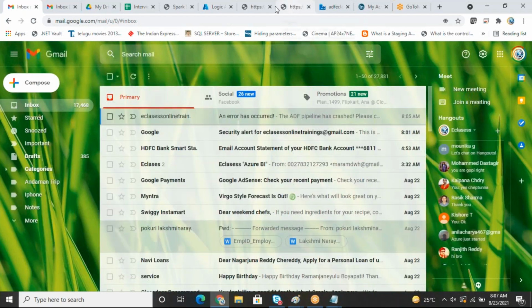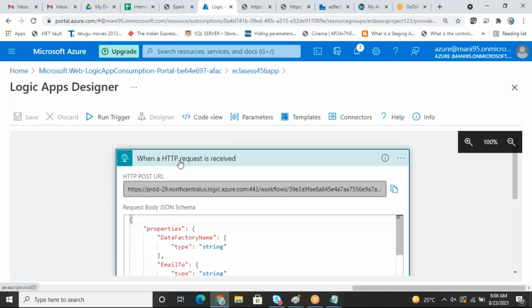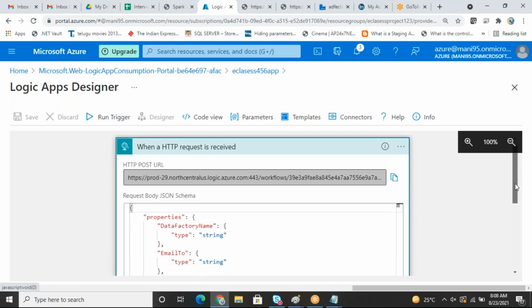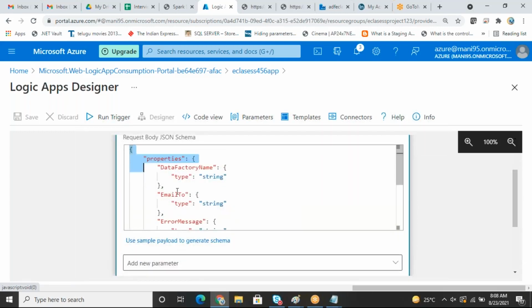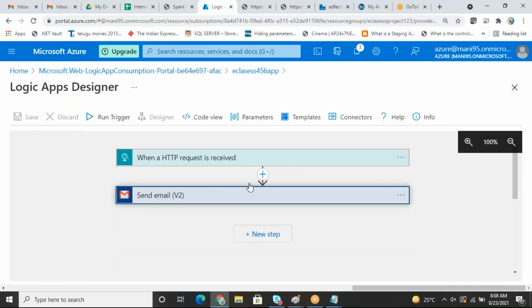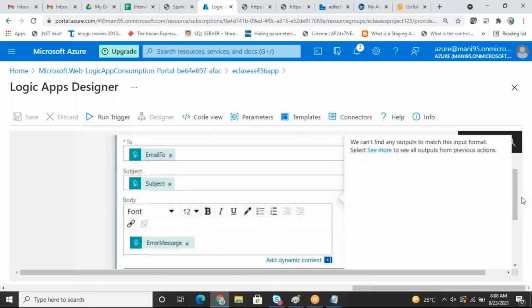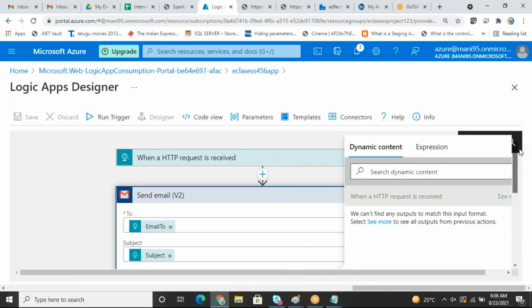So what are all the steps I did? First, I created a Logic App. Inside the Logic App, I took the trigger 'When an HTTP request is received'. Then I kept this code, and after that I took another template, that is the send email notification template. Under this template, we can provide the email to, subject, and error message. Okay, so by taking all this information,